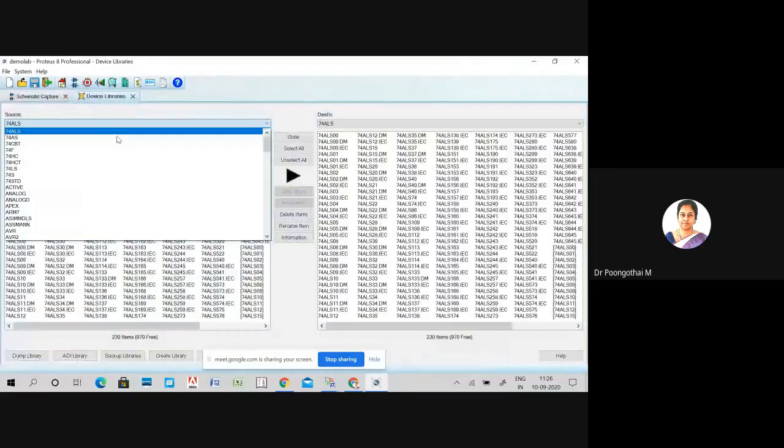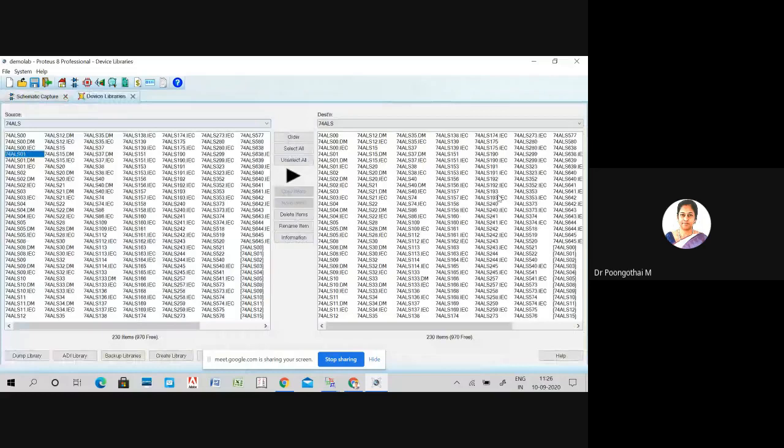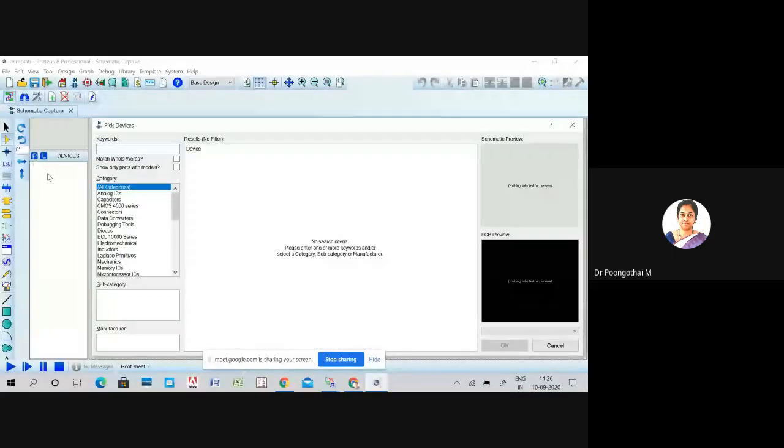Here you can find a lot of devices, from integrated circuits to resistance, LED, any measuring elements we can pick up from this library. Using this option, we can pick up the devices or electronic components from the Proteus library.